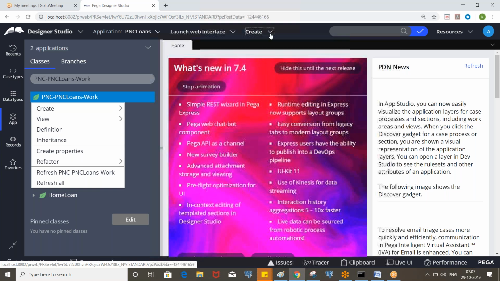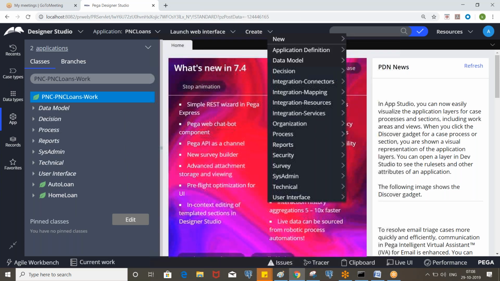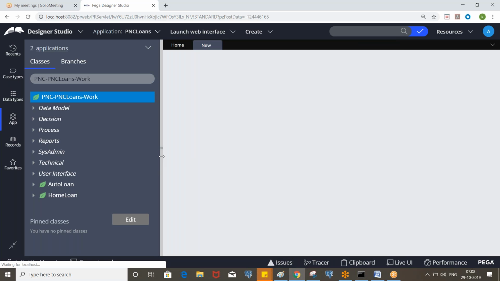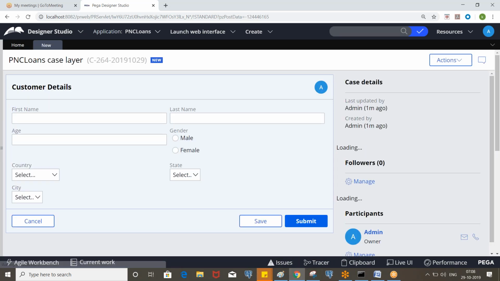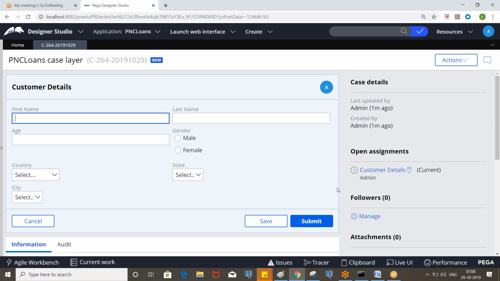When you execute a flow, we can have a section or multiple sections. Here we have a section called customer details, and this is some portion of the work object form. This one is the whole work object form, and behind this we have some harness.